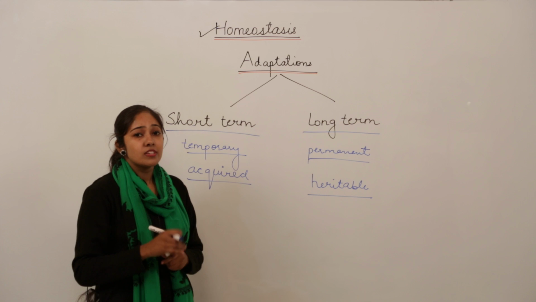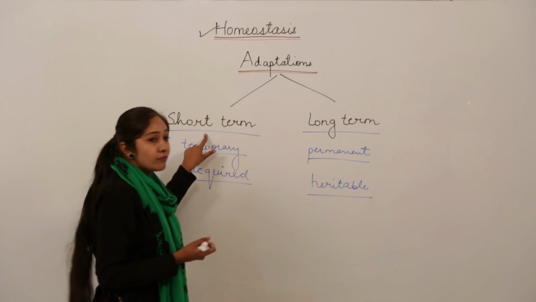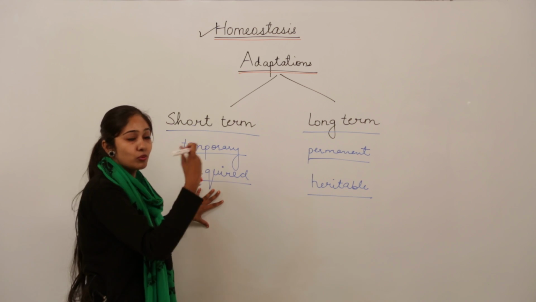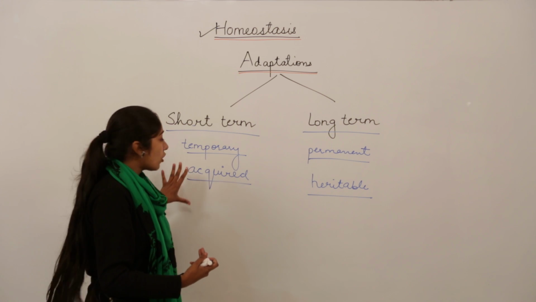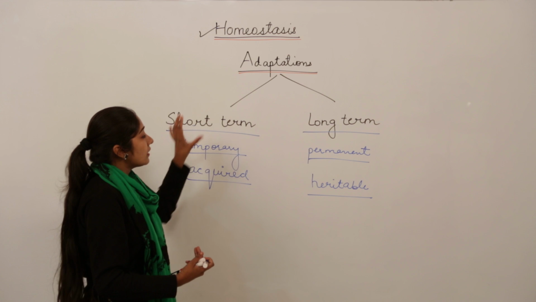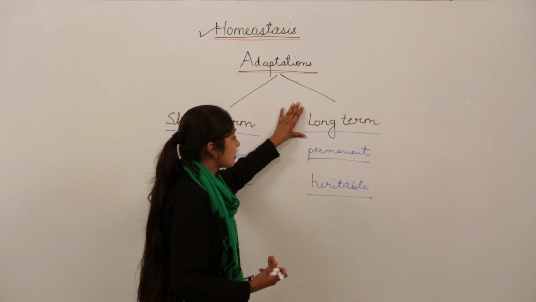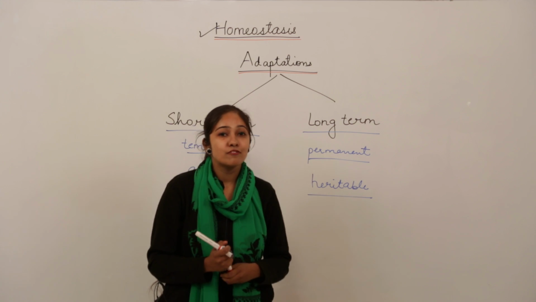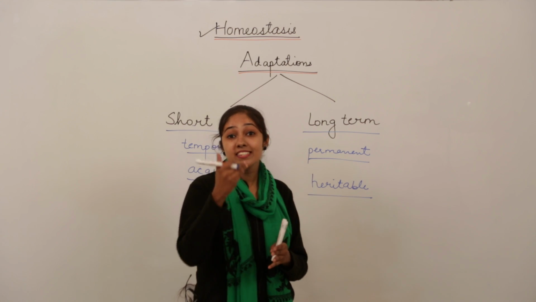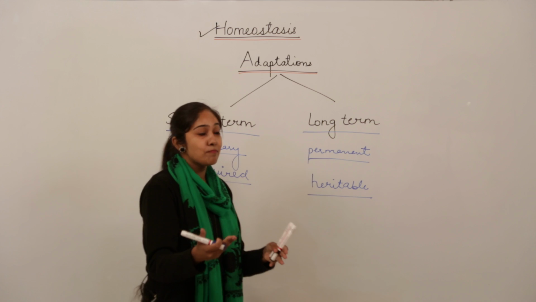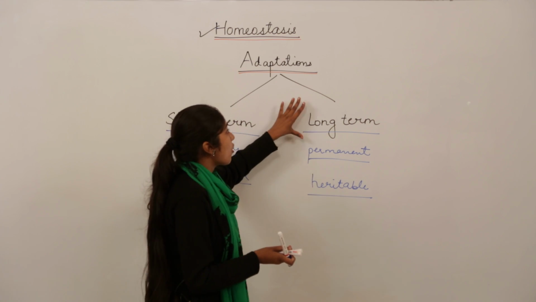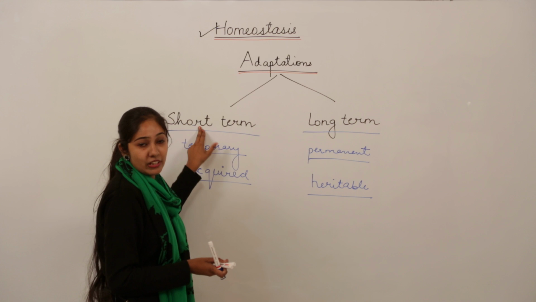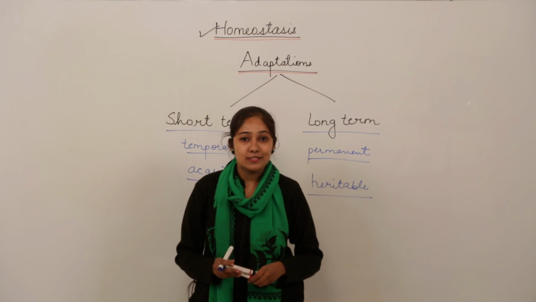Now, if we talk about survival advantage, short-term adaptations also give survival advantage, because if we are not going to adapt to the present environmental conditions, we will not be able to survive, right? But if the long-term adaptations are not adopted by the organisms, fossil records have shown that the organisms go extinct. So which has more impact? The long-term adaptations obviously have more impact, but we cannot ignore the short-term adaptations that are there in the organisms as well.